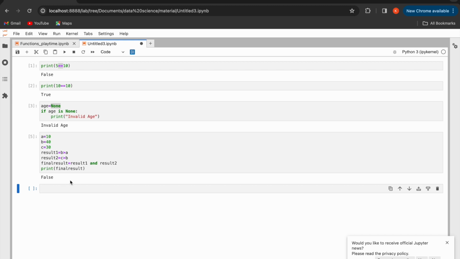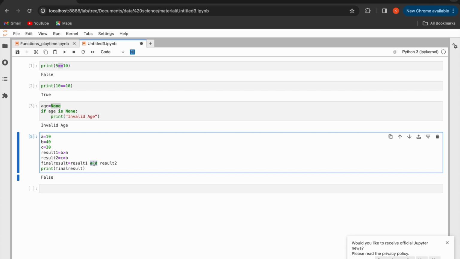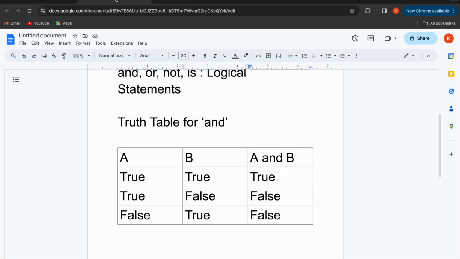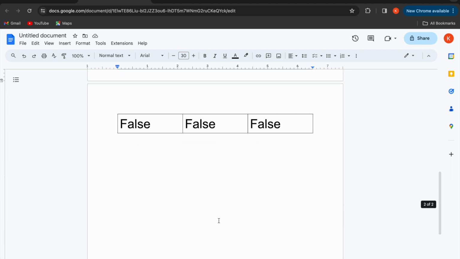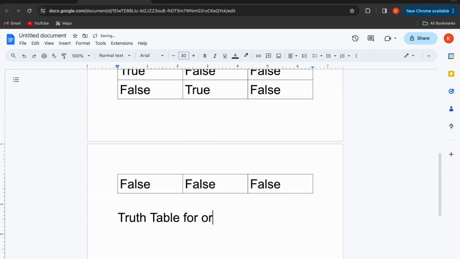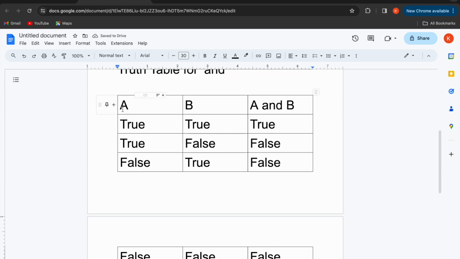And similarly for or. If I put or over here for the same thing, what will I be getting? In order to see the truth table for or, if I copy this one,